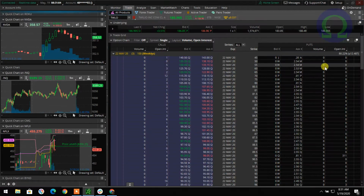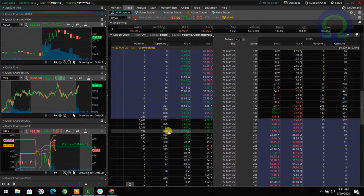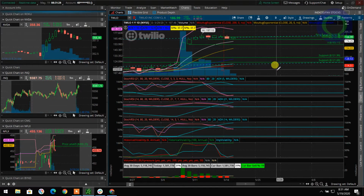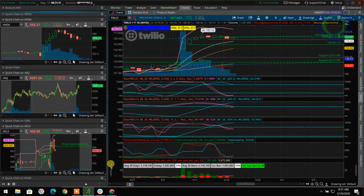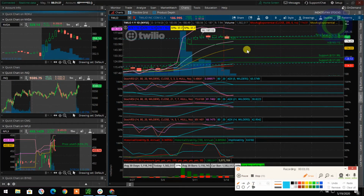for a target of 165.11. Got about a $12 expected move priced in this week, and we see a lot of open interest at 190, 195, 200. You see all these contracts being opened up here. The calls to me suggest premium sellers. See this 7,000, looks like 6,000 might have closed out the majority of their position here, thinking that the run is over. So TWOU below 180.30, looking down to 165.11. That's it for TWOU. So below 180.30, target